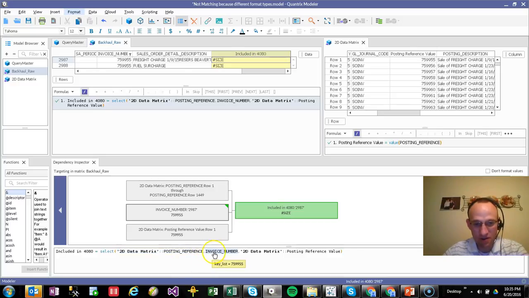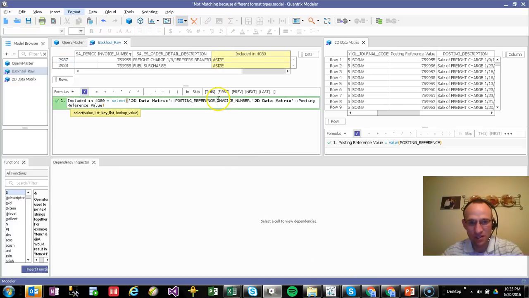I can next hover on the next part, and that's my key list. And as I look at this, I think, well, key list really should be a list. But right here, it's just showing me one value. So that tells me immediately that something's out of balance with my size, and that's why I'm getting pound size. So what I would need to do is say, well, my key list is an invoice number. My key list is really